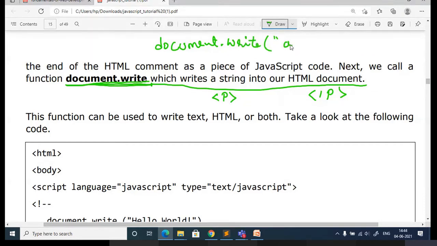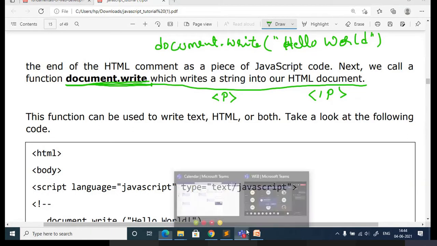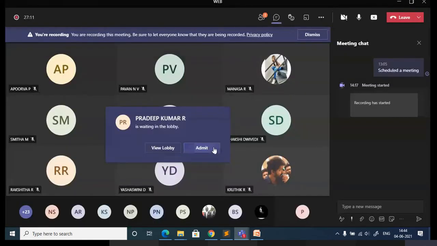You can write a message, or if you want to display the value of a variable, that can also be done.